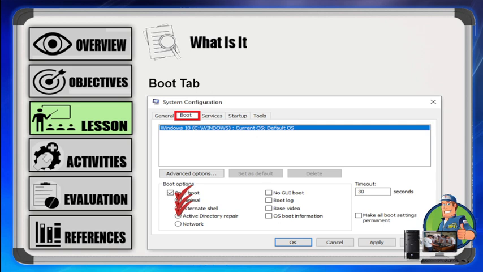Active Directory repair boots the Windows graphical user interface in safe mode, running critical system services and Active Directory. Network boots the Windows graphical user interface in safe mode, running only critical system services. Networking is enabled. No GUI boot does not display the Windows splash screen when booting. Boot log stores all information from the boot process in the file